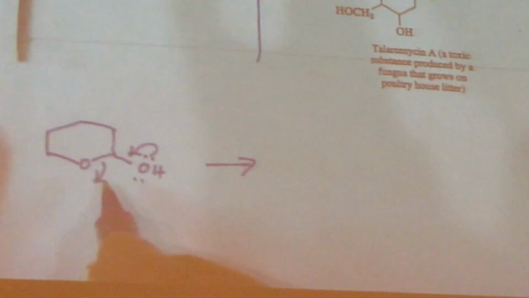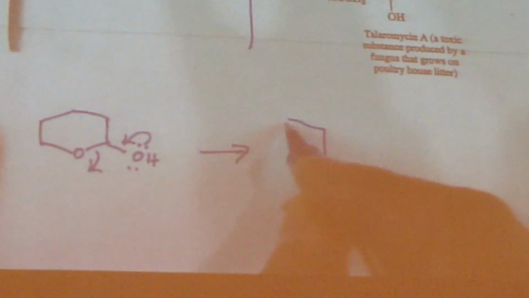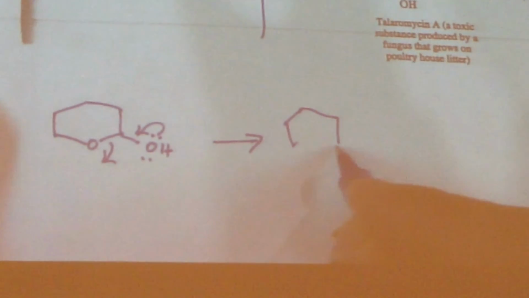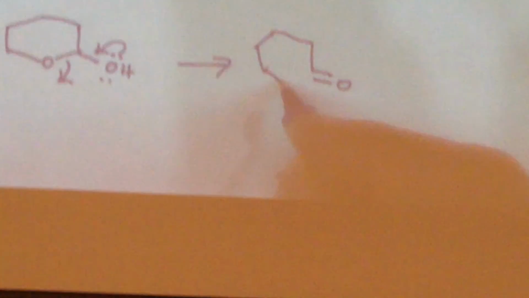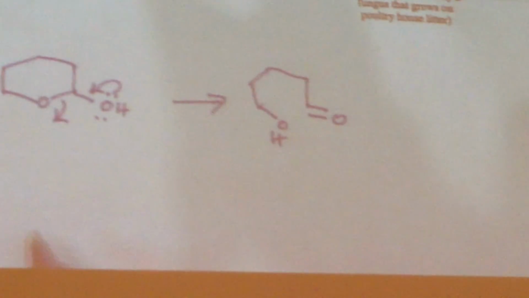That would give you the ultimately this will become the carbonyl and this will become OH. Right? The same thing here. You rewrite